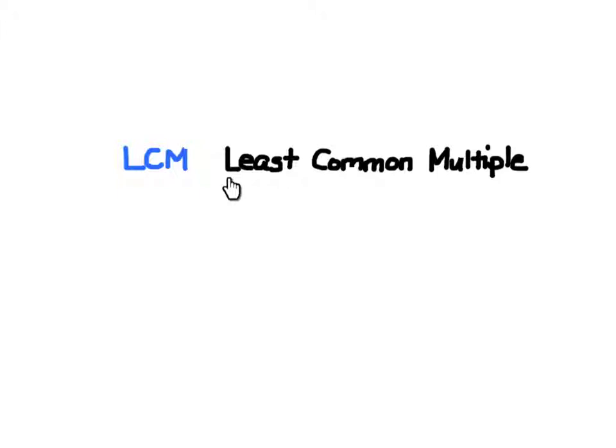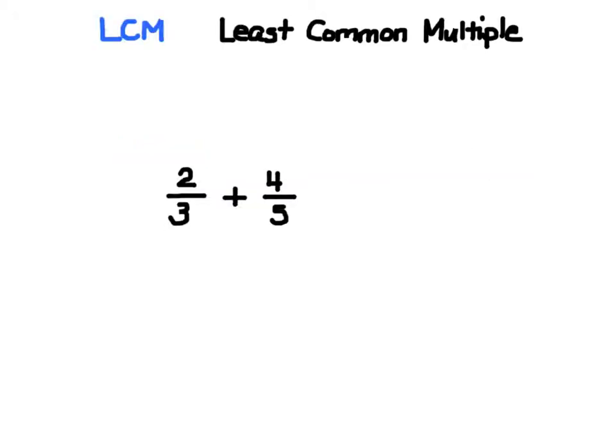Let's take a look at the least common multiple, or LCM. The least common multiple, also known as the least common denominator, is the value such that both denominators multiply evenly into it. So 3 and 5 would be factors of this value. And so if we take a look at 3 and 5, well, 3